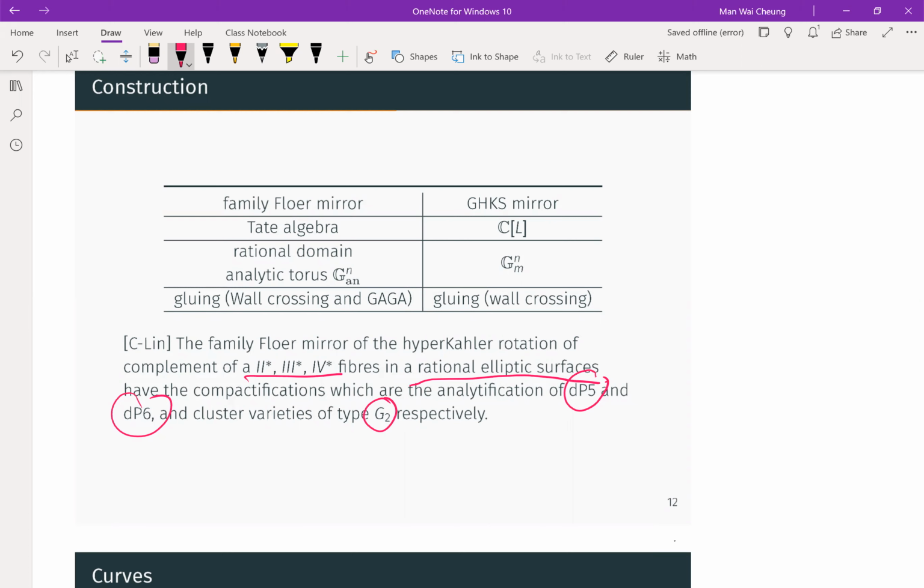And Fomin and Zelevinsky show that the finite type has a bijection with the Dynkin type. And then what they further show is the